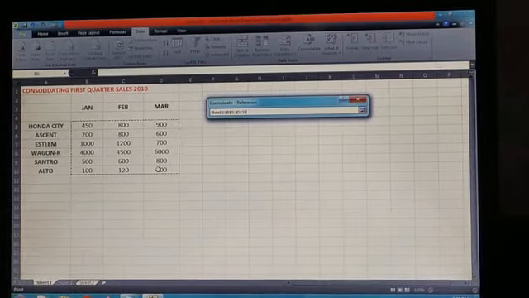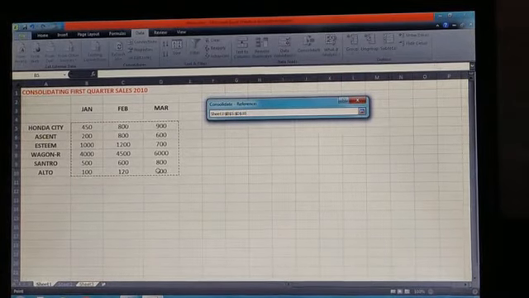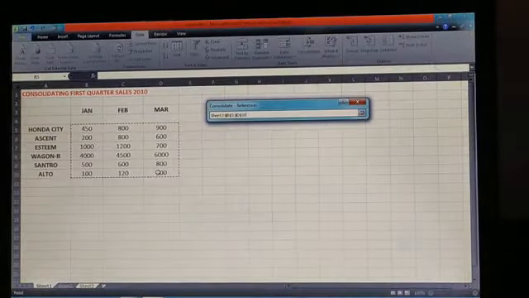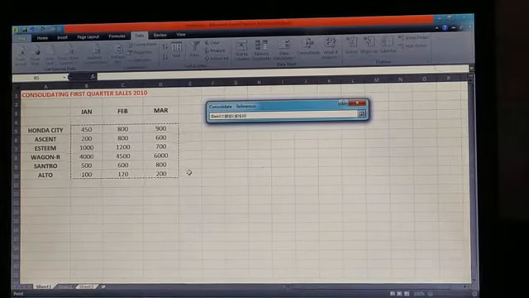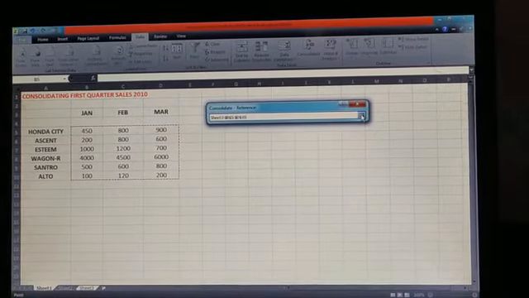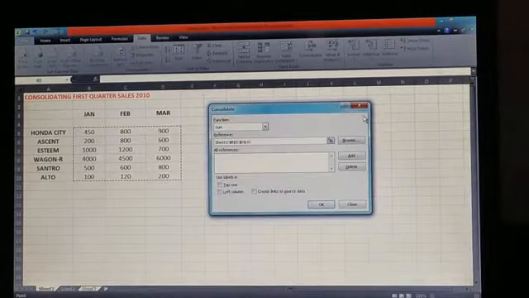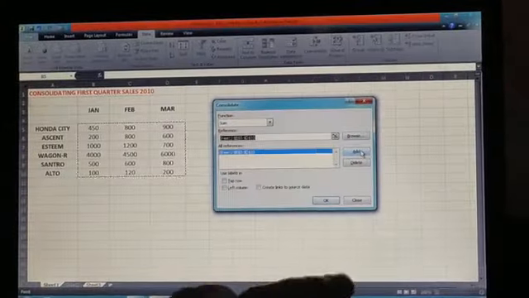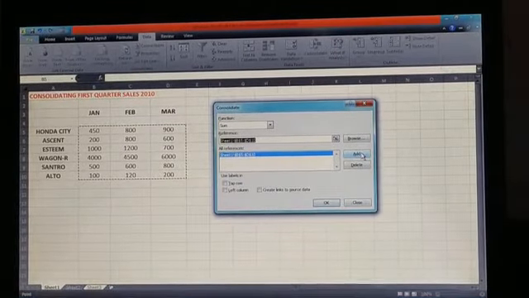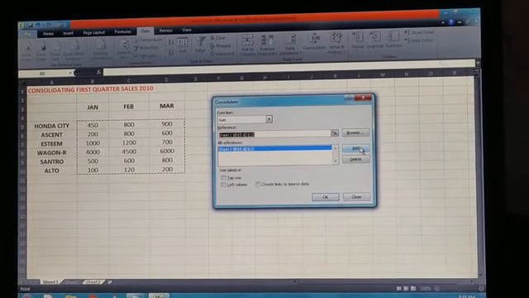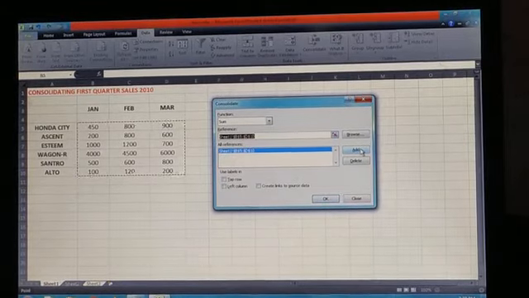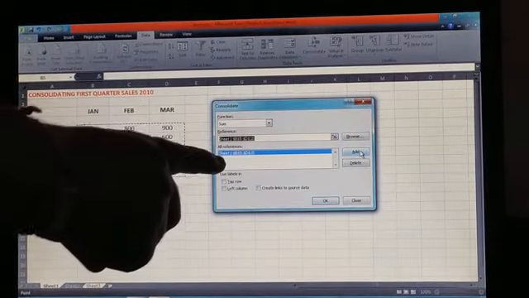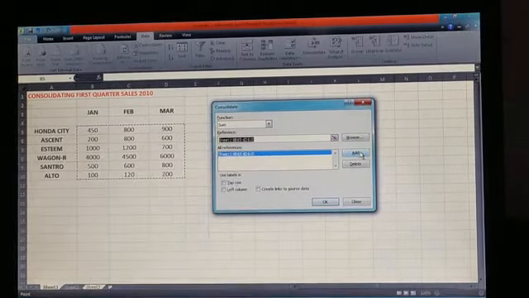Okay, the address of this range will automatically select here. Now you have to click on this collapse again. Now you have to click on the add button. This is the add button. So after pressing add button, the cell reference will be added in all reference text box. This is all reference text box. So cell reference will automatically added.